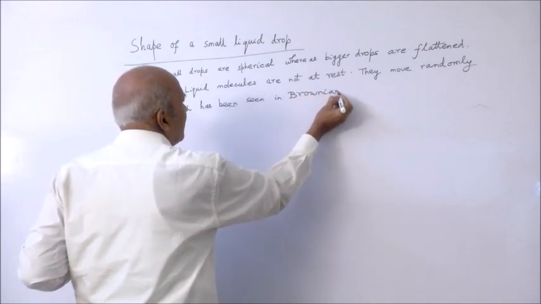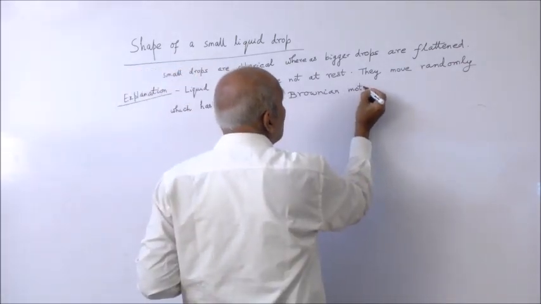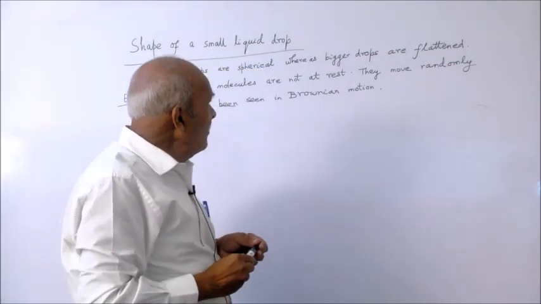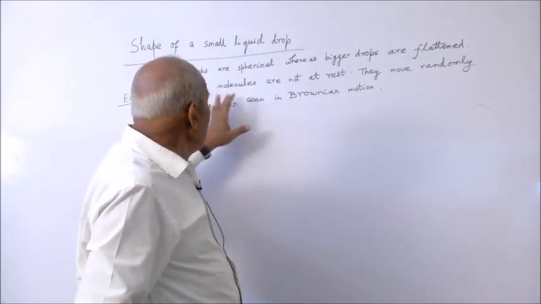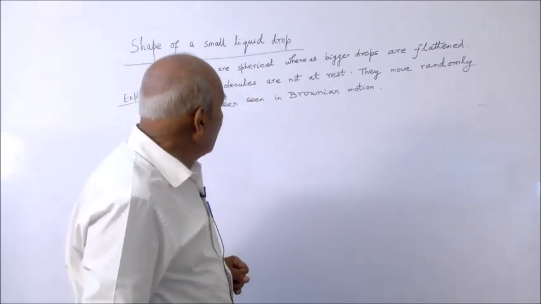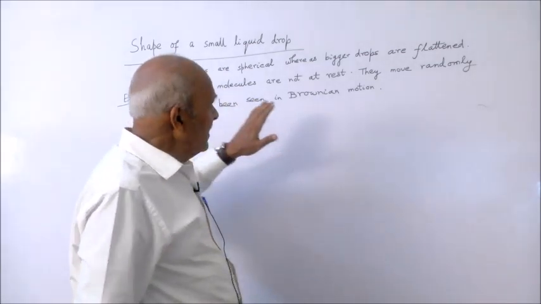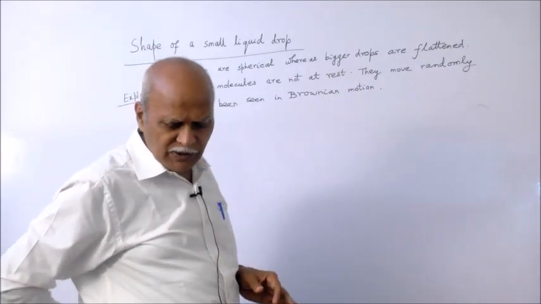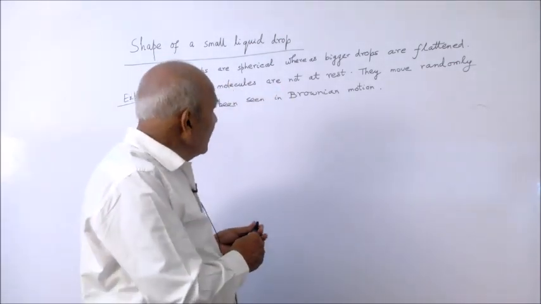Brownian motion is a motion observed by Robert Brown, where there is a zigzag motion of small particles on a liquid. So, the zigzag motion of small particles is explained by bombardment of molecules on the small particle. So, that is known as Brownian motion. So, it is evident, that is experimentally established, that just like kinetic theory of gas, the atoms or molecules are constantly in motion at random. Similarly, the liquids are also moving inside it.